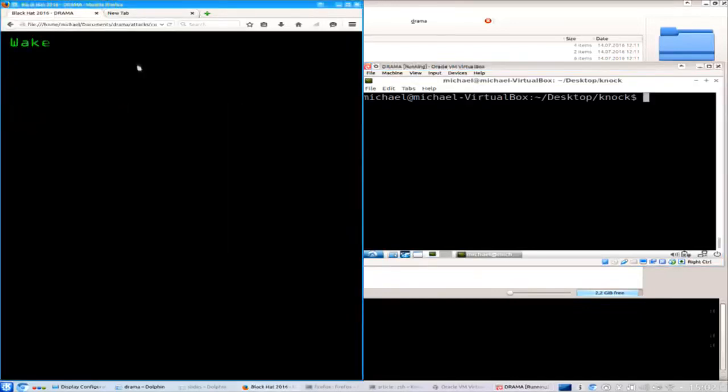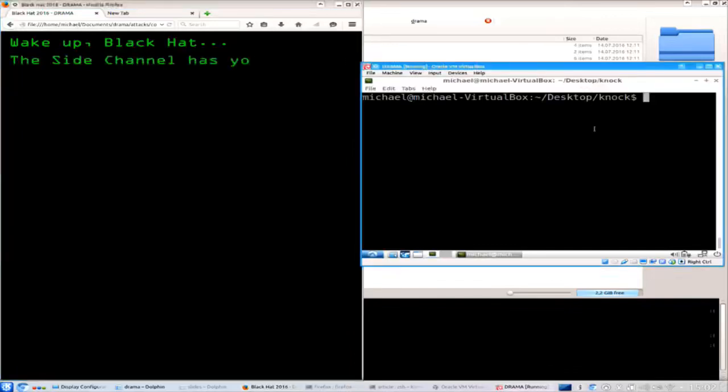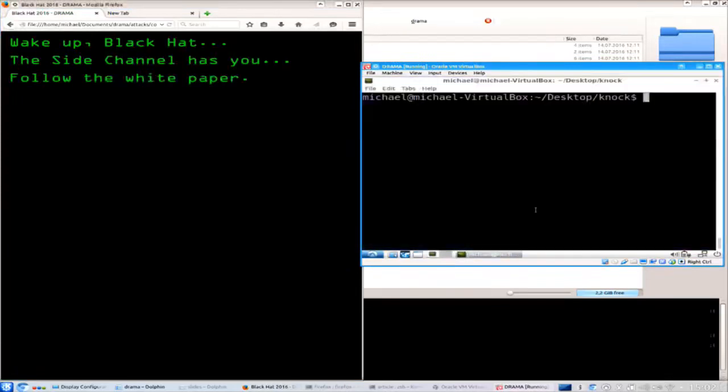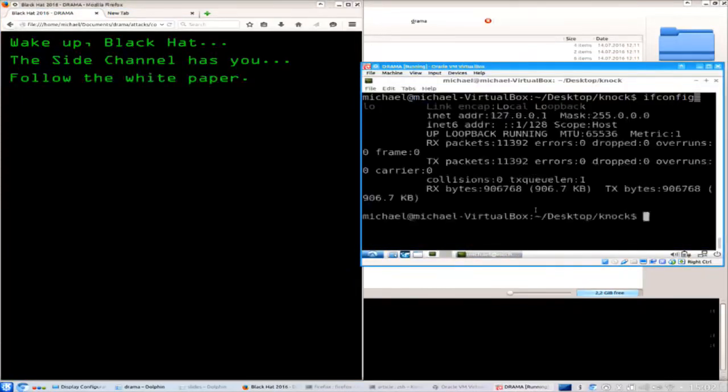Yeah, it's switched. So what we can see here now is we have a virtual machine on the right side, running a normal Linux operating system with a shell in here, and I can show you we don't have any access to the internet. We only have the loopback adapter, no internet connection. On the left side we have Firefox running on our host system, and that is of course connected to the internet.